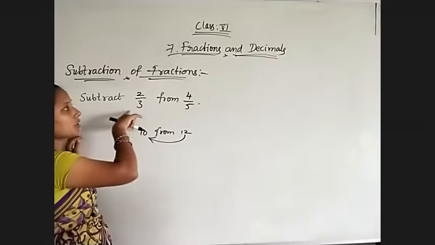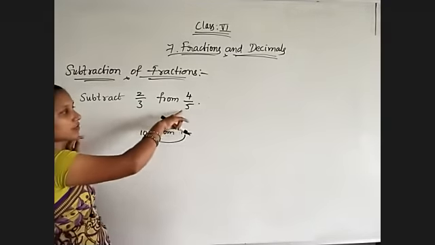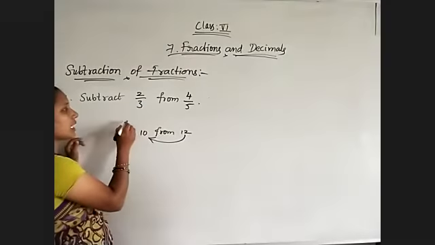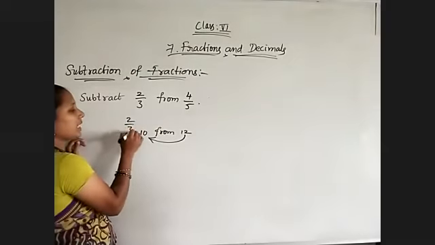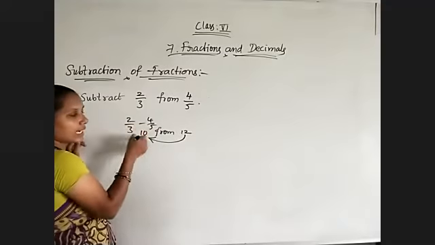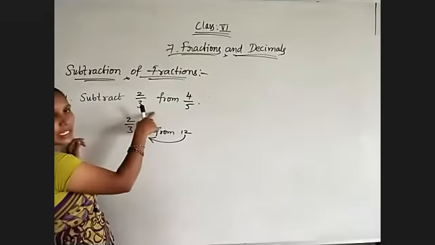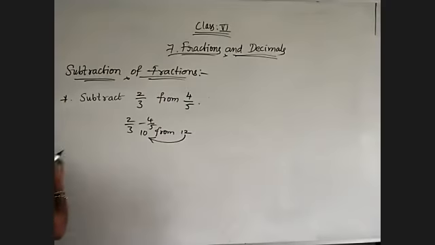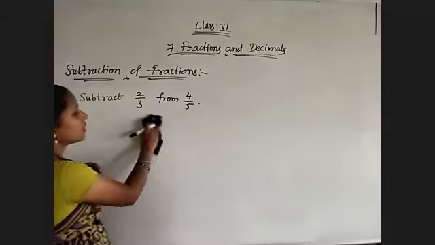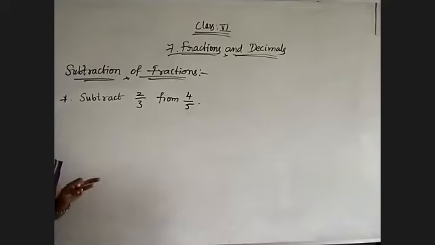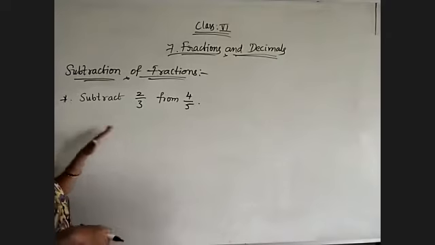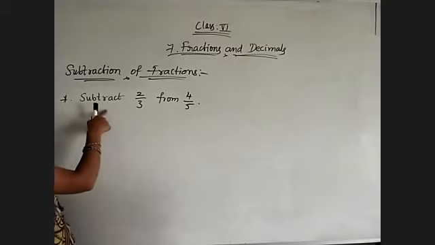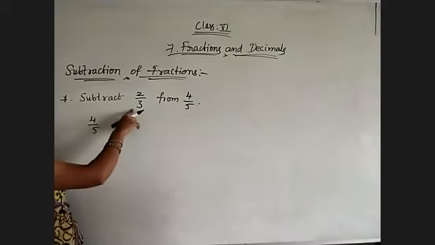Here, subtract 2 by 3 from 4 by 5 means first we need to take this one, after that this one. If suppose they are given 2 by 3 minus 4 by 5, directly we can do. But if they are given in words, then take the second fraction first. So it is very clear that now 2 by 3 and 4 by 5 are not like fractions. So now just observe 4 by 5. As I told you, take the difference between second one minus first one.